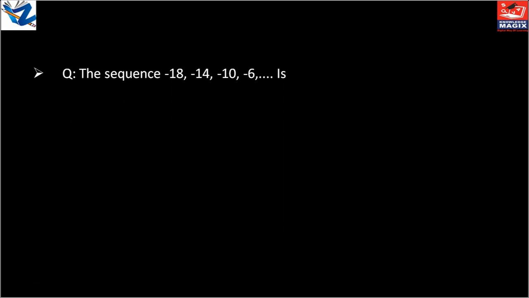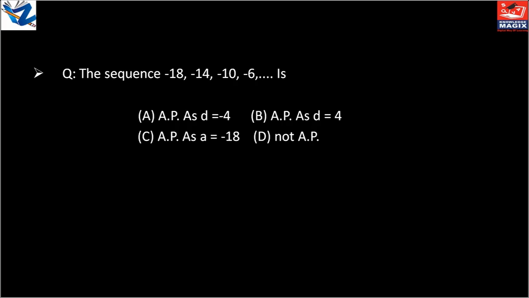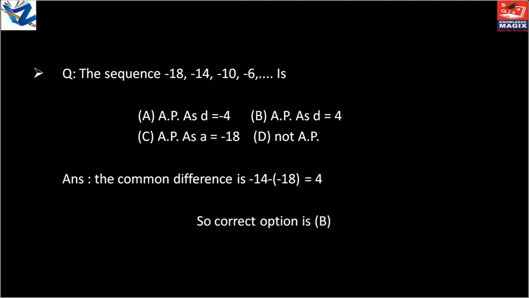Question: the sequence minus 18, minus 14, minus 10, minus 6 is option A: AP as d is equal to minus 4, B: AP as d is equal to 4, C: AP as a is equal to 18, D: not AP. Answer: the common difference is minus 14 minus minus 18 is equal to 4. So correct option is